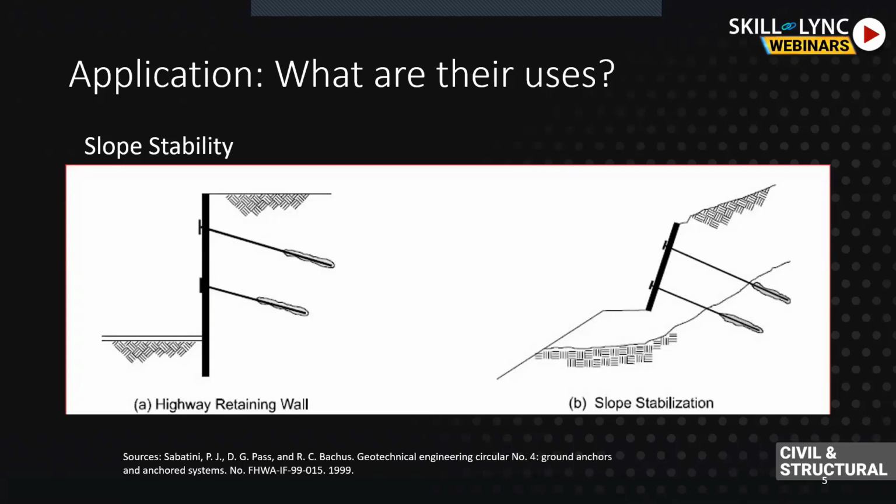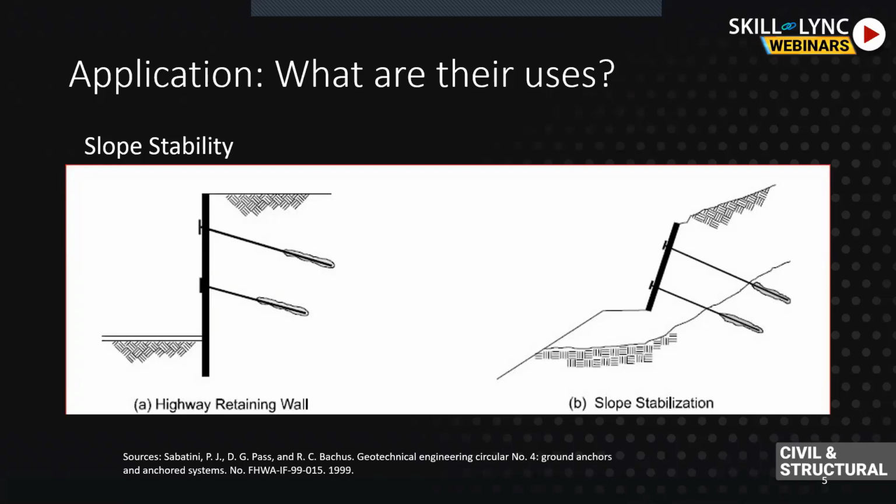The situation is similar for slope stabilization. If we have some kind of structure just beside a hill, we want the hill to be stabilized. In a hilly region, let's say if you go to Shimla or Manali, you will see a lot of these kinds of slope stabilization structures. And there are some projects coming up in the northeast.